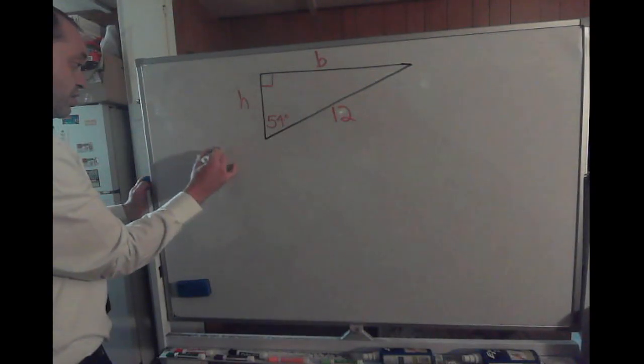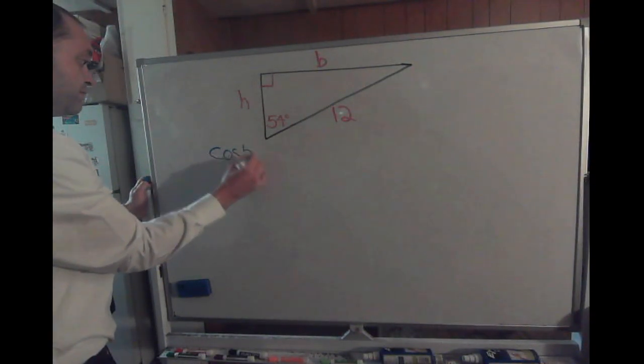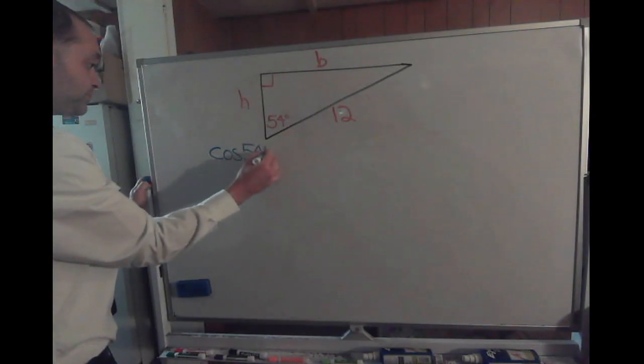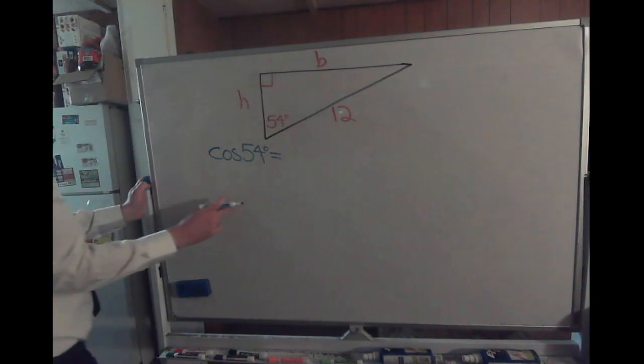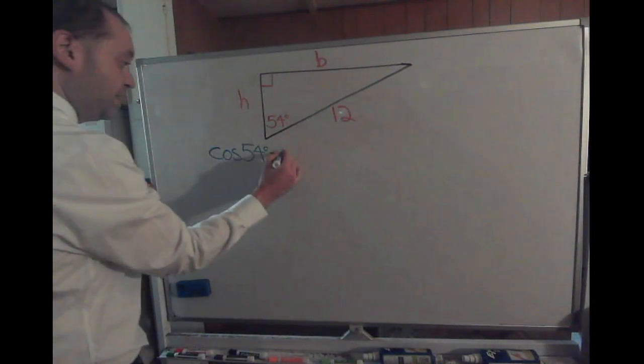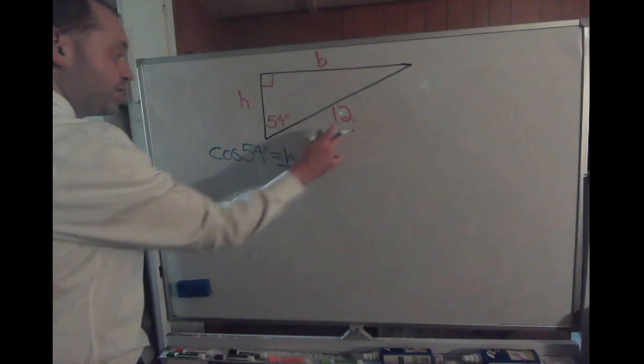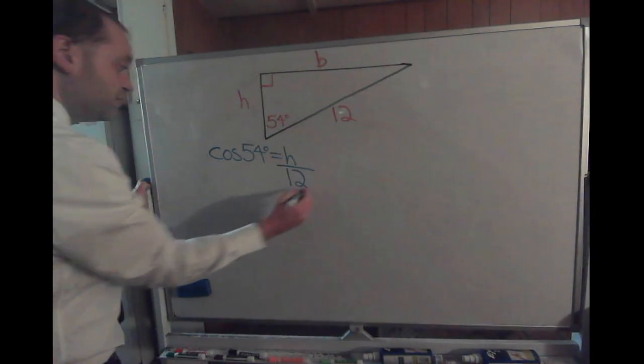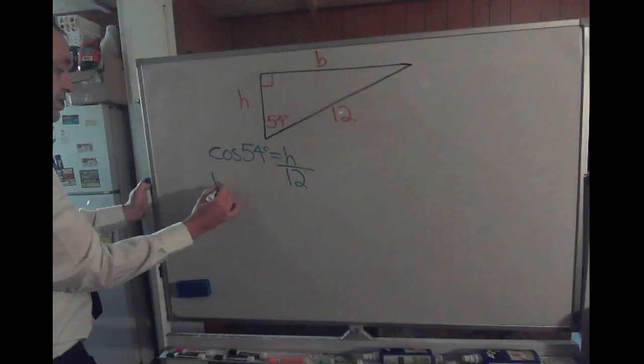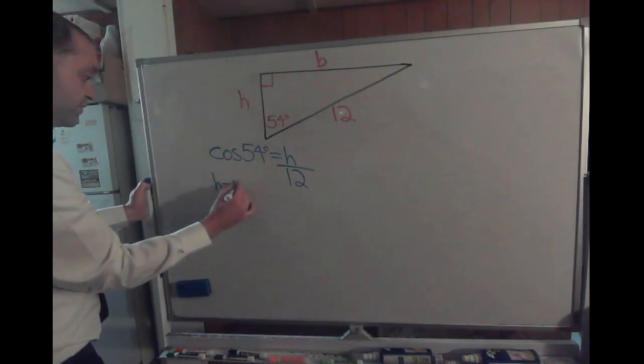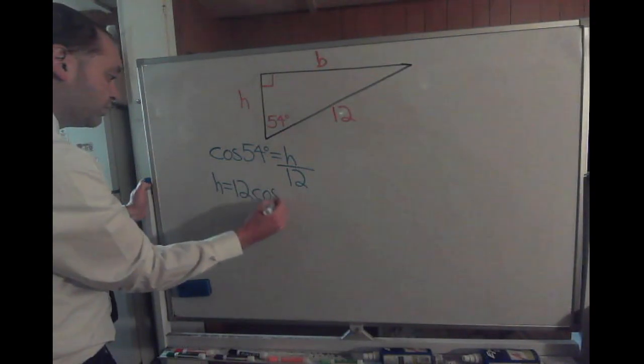So you set up your cosine of 54-degree ratio, that's going to equal your adjacent length of h divided by your hypotenuse, which is 12. So the height is going to be equal to 12 times the cosine of 54 degrees,